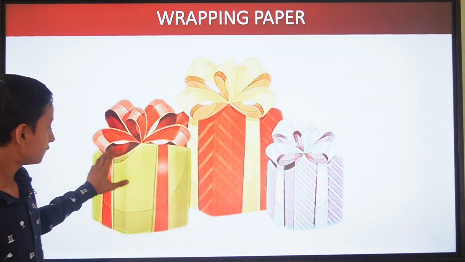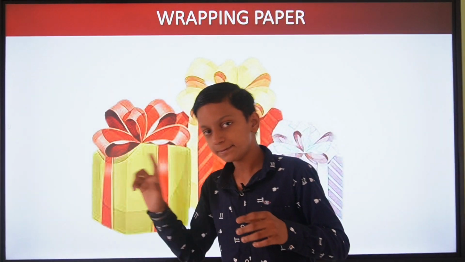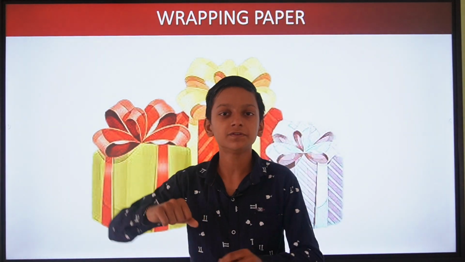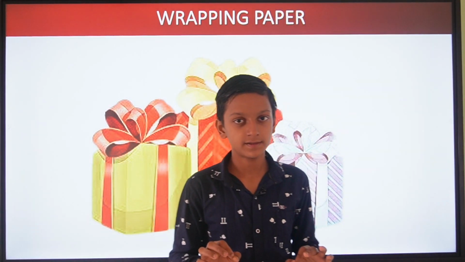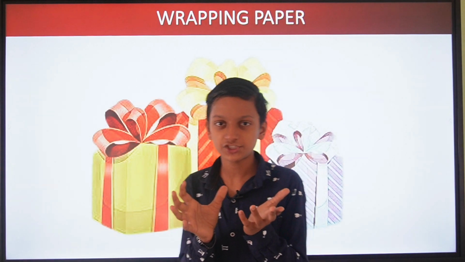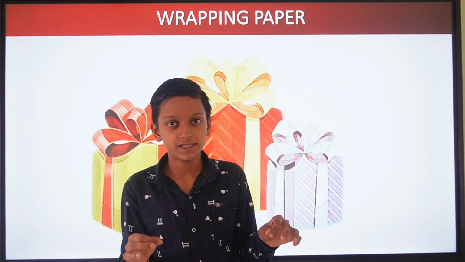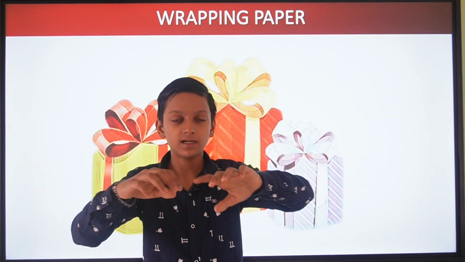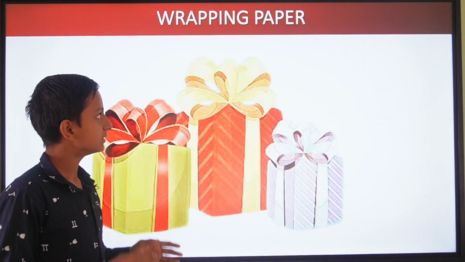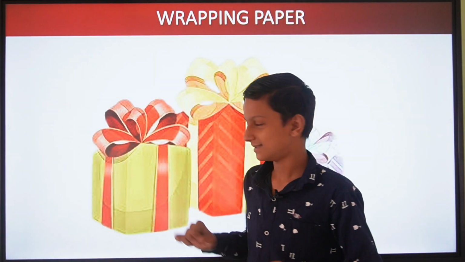Okay. Firstly, what do you do? You take an item like a notebook, you may say. You first wrap it up with the wrapping paper, the designed wrapping paper like red, white, green, and then you tie it up with the ribbon. So it looks like a perfect gift. Okay, that's what is called wrapping paper. It has a texture of paper, like silver paper. It is a texture that shines, and that's what you use to decorate your gift. Okay, you surround the gift with it. That's what is called wrapping paper. We use the wrapping paper in birthday parties.